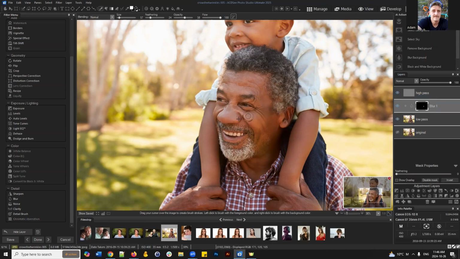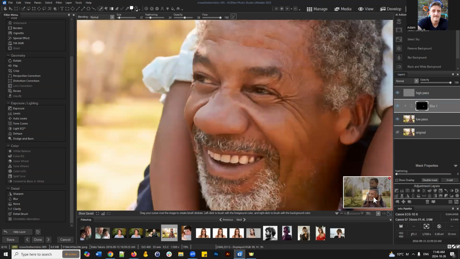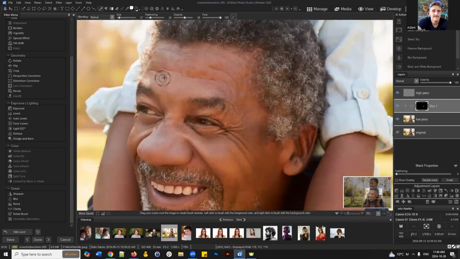And the beauty of this that Mike described earlier is if we want to keep adding content to this space, we can do that by just brushing on white over top of this blur layer here. So if I'm like, oh, I actually want to take in that effect in the wrinkles on the forehead, you can see, referencing my thumbnail now, that the top area has been applied,